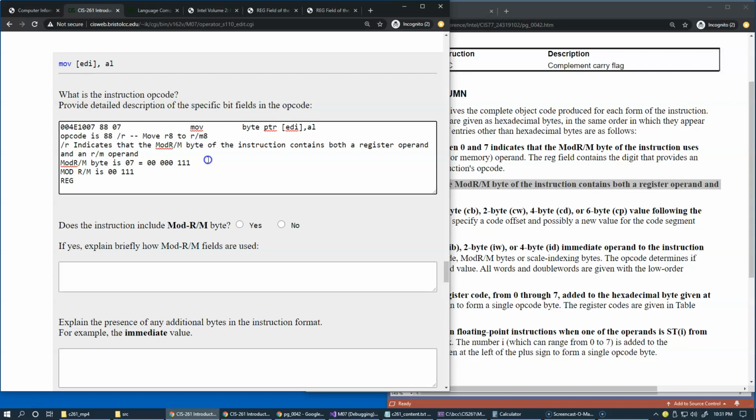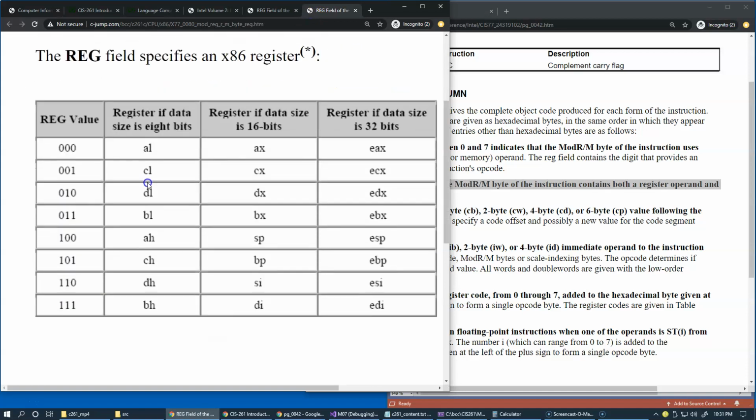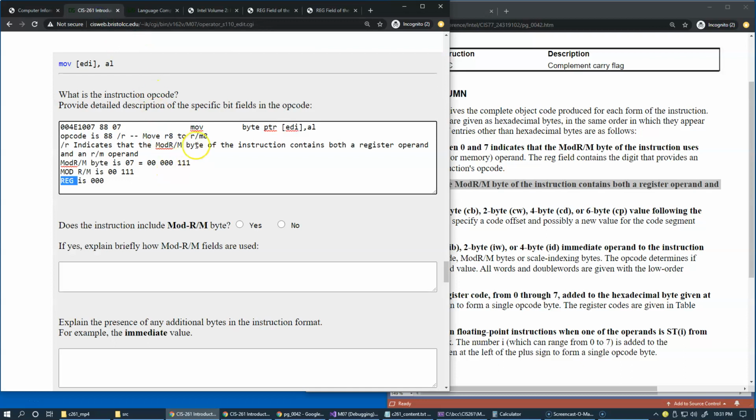Reg field is of course 000. A reg field comes from this table, and 000 is register AL. Why is it not AX or EAX? And the answer is because the opcode description told us that this is an 8-bit register. So reg is 000, which means